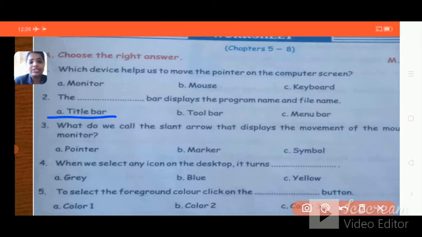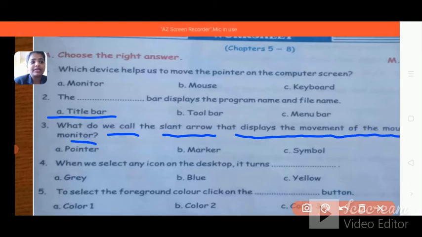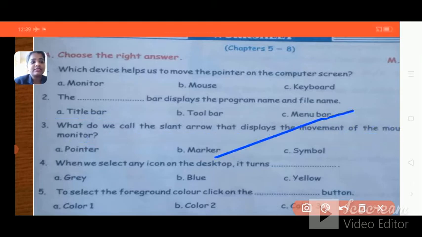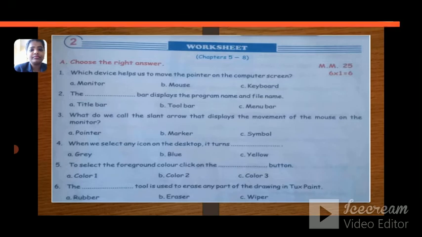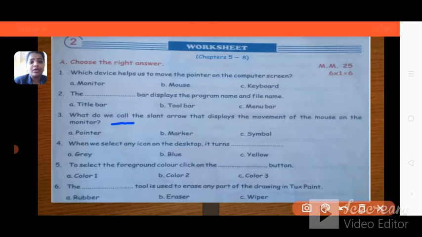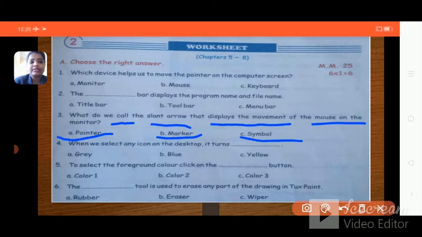See the third question. What do we call the slant arrow that displays the movement of the mouse on the monitor? First look at the options: pointer, marker, symbol.